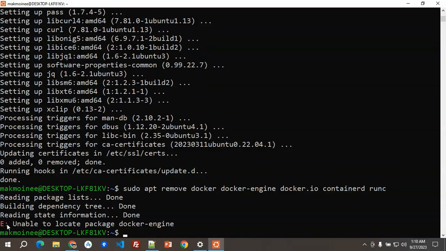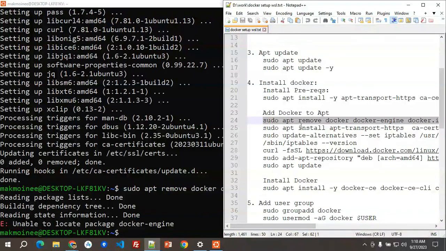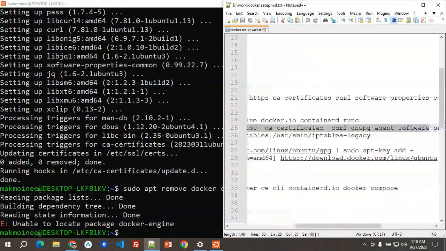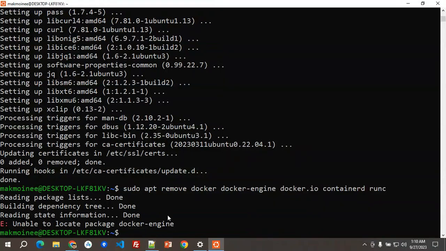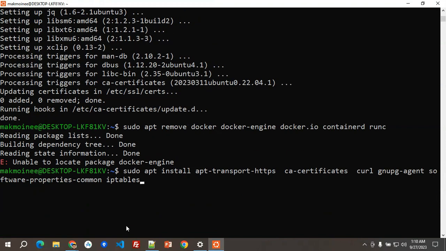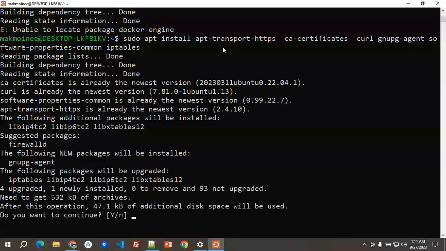Do not worry if there are some errors, since it's just removing Docker, and then we're going to install it here, this one. I'll give you again another 5 seconds. So do apt install. Okay,